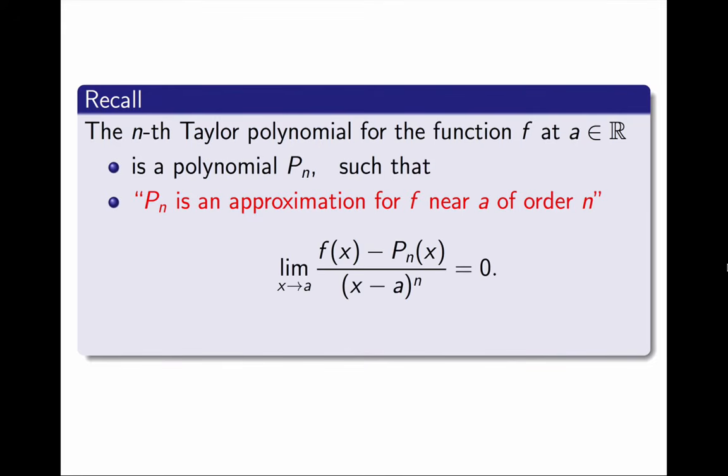This means that as x approaches a, the difference between the function and the polynomial approaches 0 faster than x minus a to the n. In the previous video, I explained why this limit being 0 means that the polynomial is a good approximation for the function. And I also requested that the degree be at most n. As I explained, this definition encapsulates exactly what the important property of Taylor polynomials is, why we care about them,